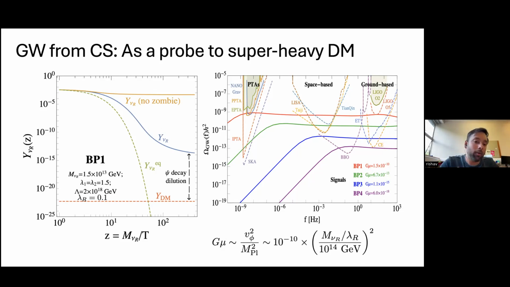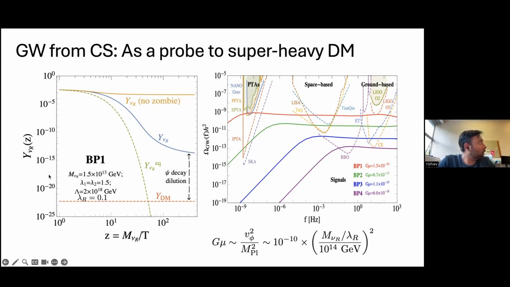So this suggests that the dark matter relic density will be very large. Now, in order to dilute the dark matter relic density, they introduced this slow decay of psi. Since the decay was very slow, the psi dominated the energy budget of the universe at a certain stage. As a result of this decay, it increased the entropy of the universe, and hence this leads to the dilution of the dark matter abundance at a later phase, and finally it can satisfy the correct relic density of the universe. So this was the basic idea of this work.